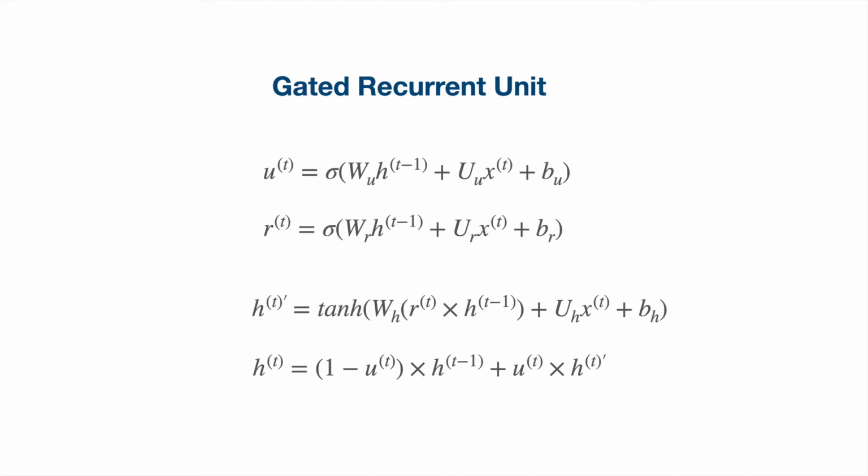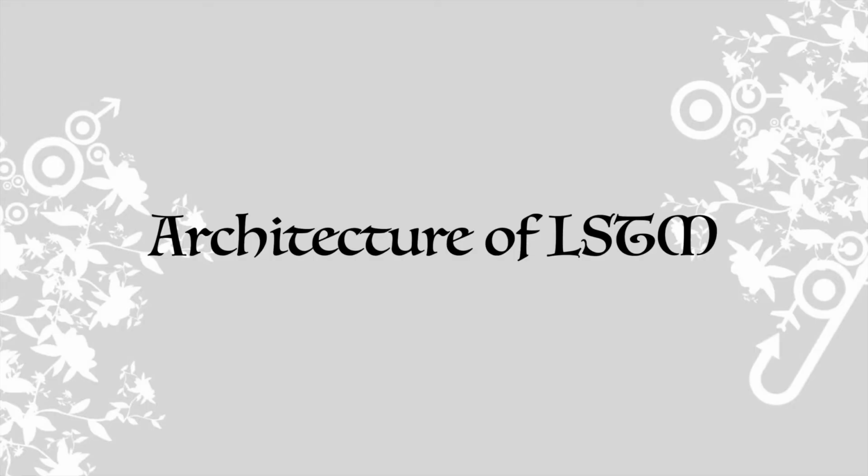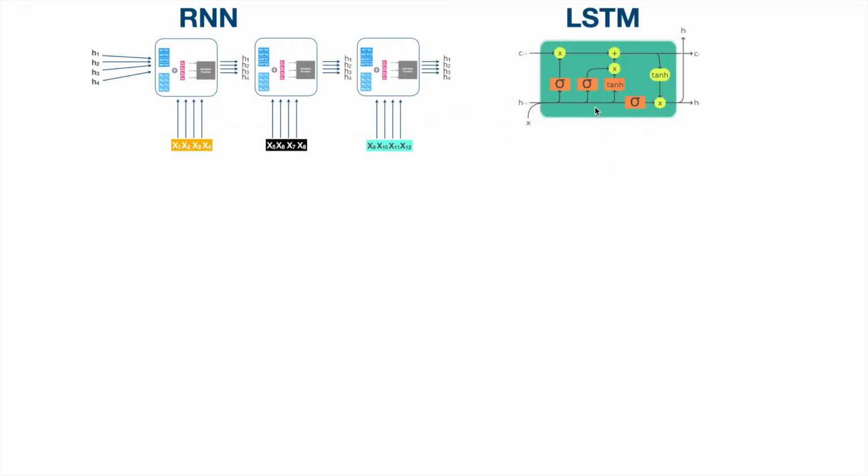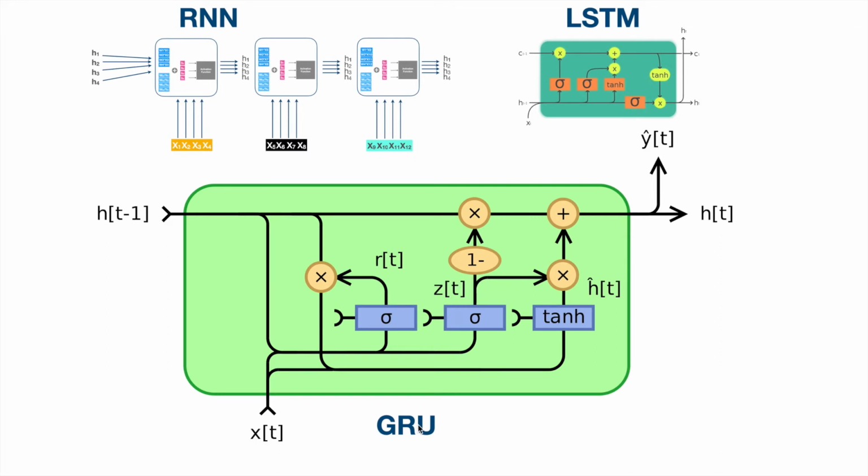Now these equations can be a little overwhelming. Now let's look into the architecture in detail. Architecture of GRU. We have seen the architecture of RNN at different time steps, and each cell is expanded to form LSTM, and then each cell is modified to make it more efficient, and that forms the GRU. As you can see here, at every time step the new input is fed into the network, and then there are series of operations, and we can notice that there are 3 important operations happening here: 2 sigmoid activations and